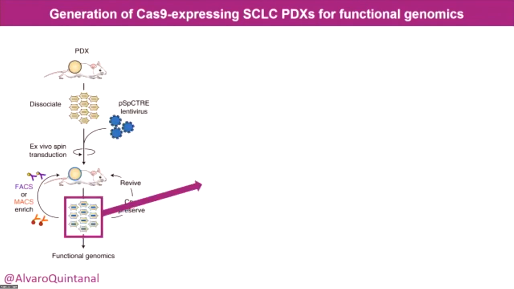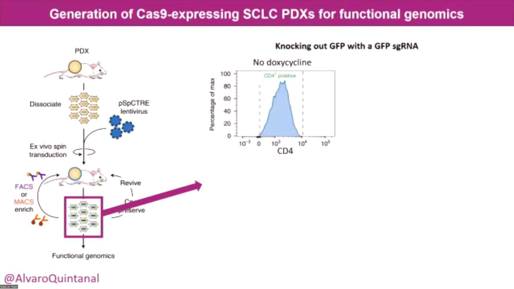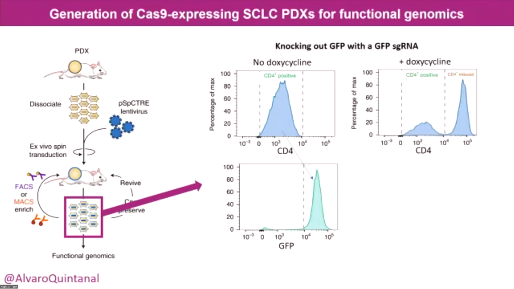So with those cells that have been transduced, that express CD4 and that may express Cas9, we initially made some tests to see how the system would work. You can see here that with no doxycycline, those cells would express CD4. And we tried to make a test by transducing these cells with GFP. You see that the cells express GFP and see how we would be able to knock out GFP in these mice. You see, we were very surprised to find that when we induce by doxycycline, not all of the cells get